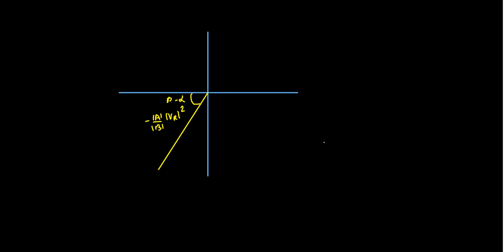So let me draw that one more phasor. Draw a line. So this is the line. Now this phasor is having a magnitude Vs VR upon B. So B is the magnitude of the B parameter, Vs is the magnitude of the sending end voltage, VR is the magnitude of receiving end voltage, and this angle